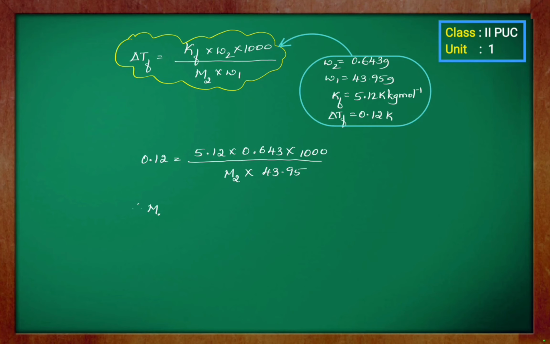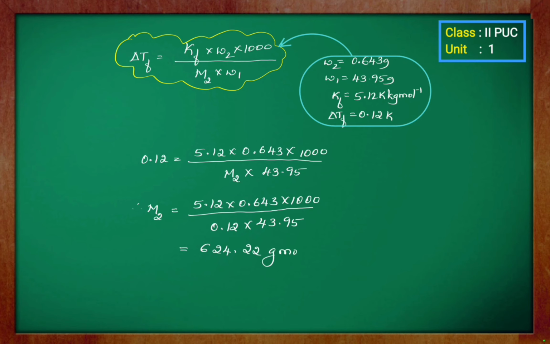So we can write M2 is equal to 5.12 into 0.643 into 1000 divided by 0.12 into 43.95. So now let's simplify this. After simplification, we get M2 as 624.22 gram per mole, which is the molar mass of the compound that's added,